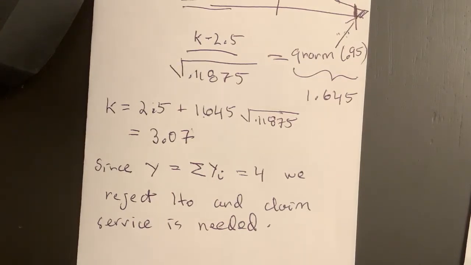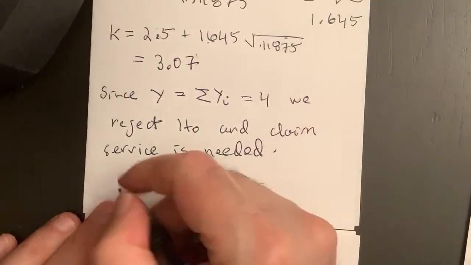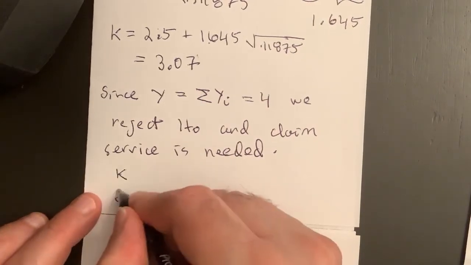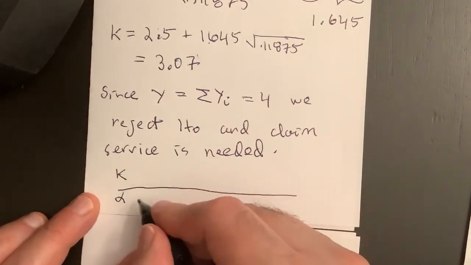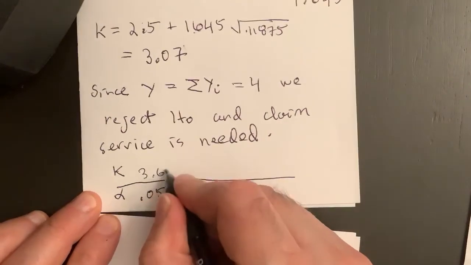We'll make a table of k and alpha. So if I have a table here, k and alpha here. And say we have alpha 0.05, we got k, this is our threshold here,